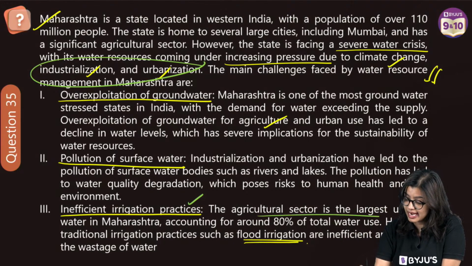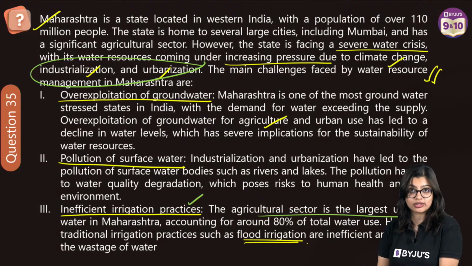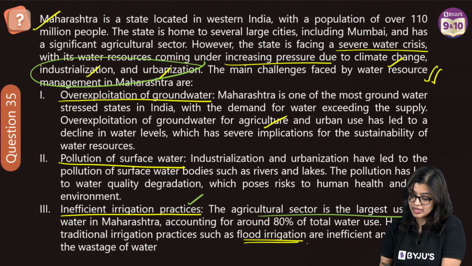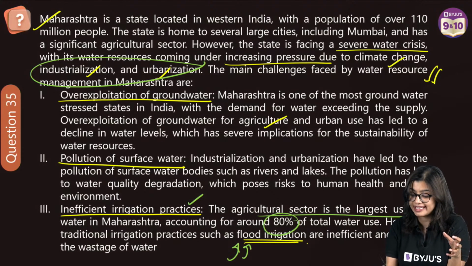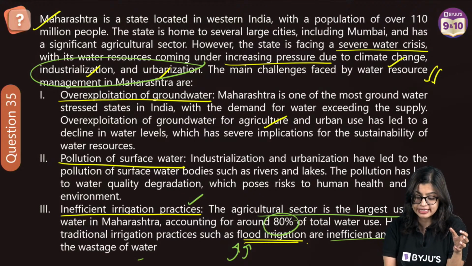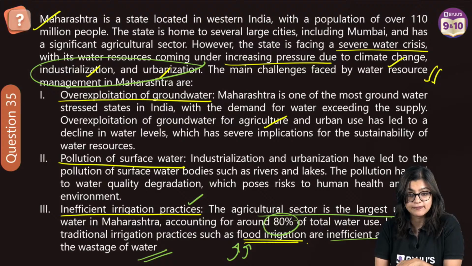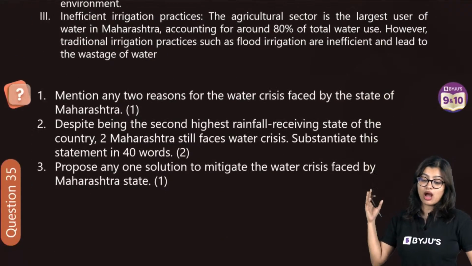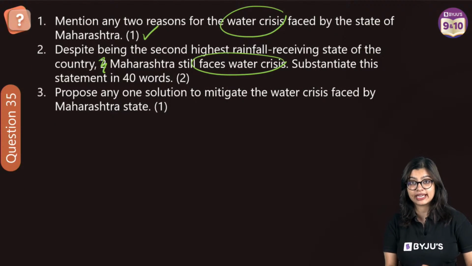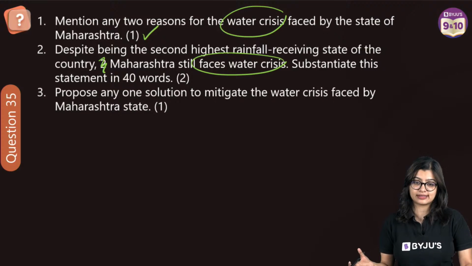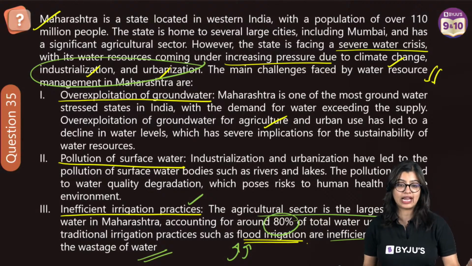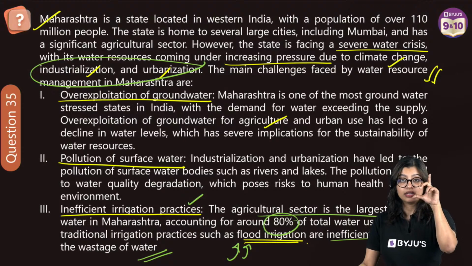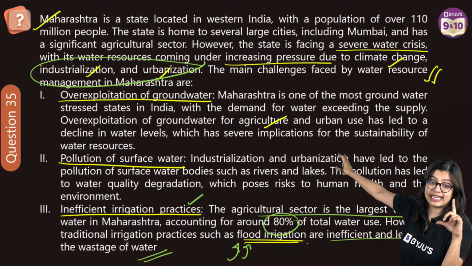We see that the state is one of the largest users of water in the agricultural sector. And we see that they account for almost 80% of the water use. And they use traditional techniques, which is inefficient and leads to wastage of water. So you need to mention how, although they are receiving it, what causes water crisis, right? See, you are telling uneven distribution and all of that, I get it. But isn't this question with respect to this case,